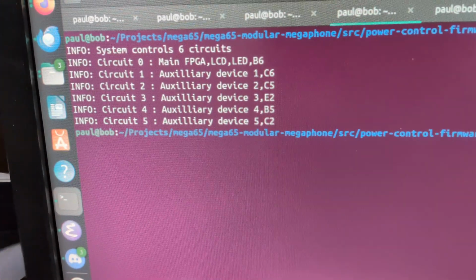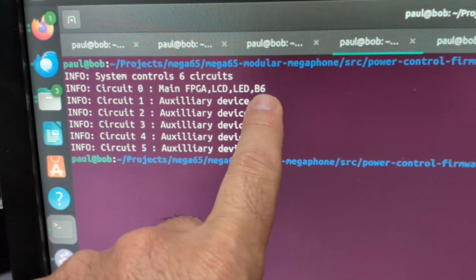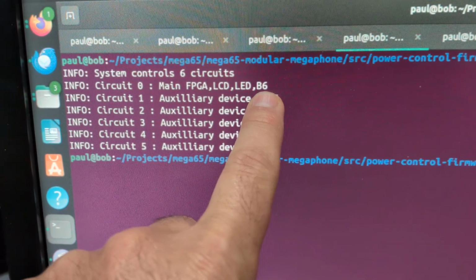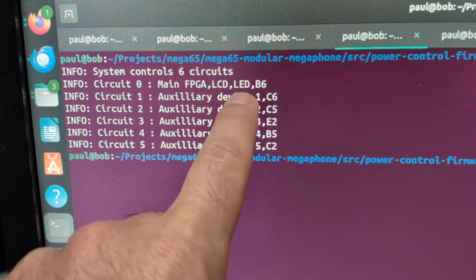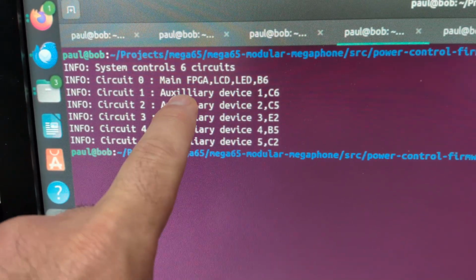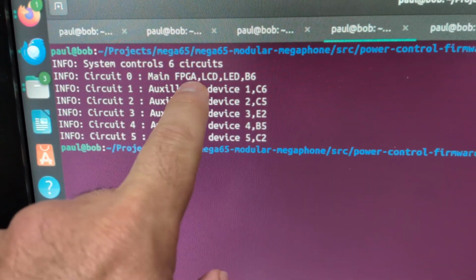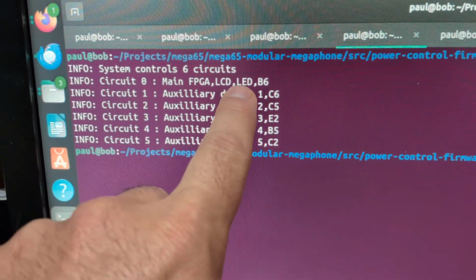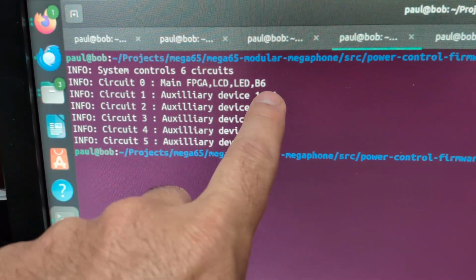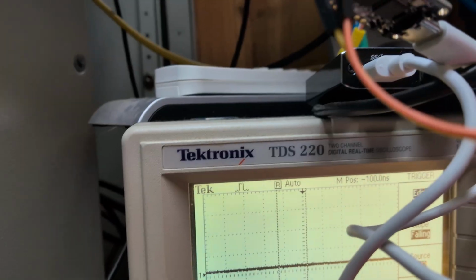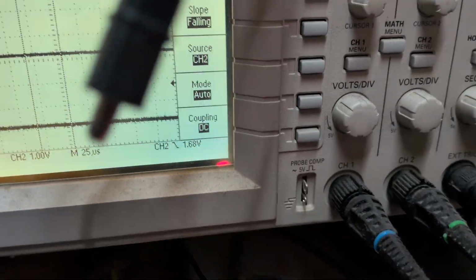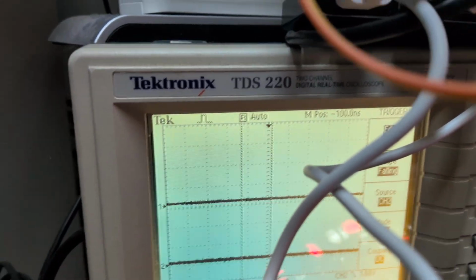If we run the config command, we can see that pin B6 is our primary circuit, which will control the LED on the board, the LCD panel, and the main FPGA. Now, they're not connected, but we can see that it switches it by probing the pin, which is what we're doing with the oscilloscope. And we can see at the moment, on our blue channel, which is channel 1, that the power is currently off. So if we come back over to here,